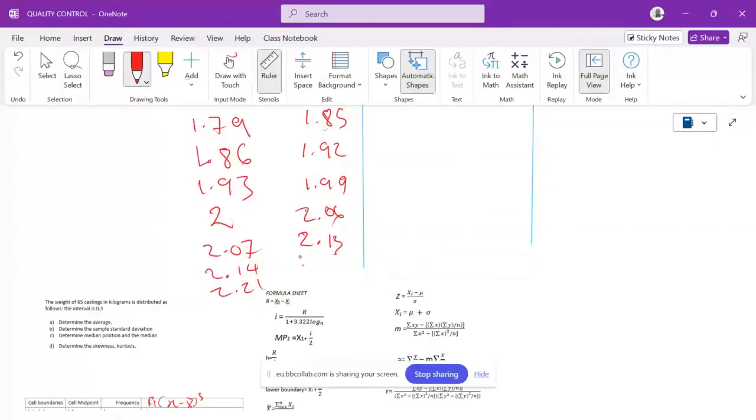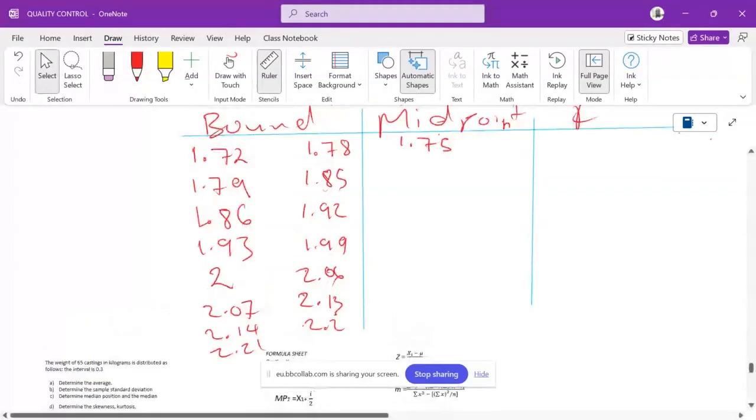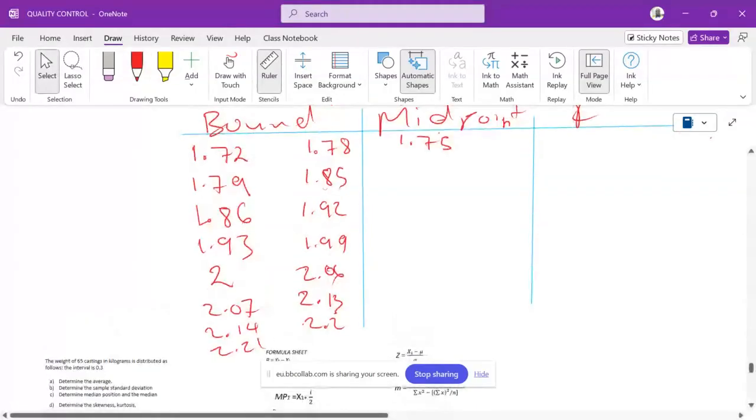Why is it 2? Okay, 2.13 plus 107. It says 2.2. I don't understand why 2.2. It's supposed to be one less. Let me go check. Something 1.79 plus